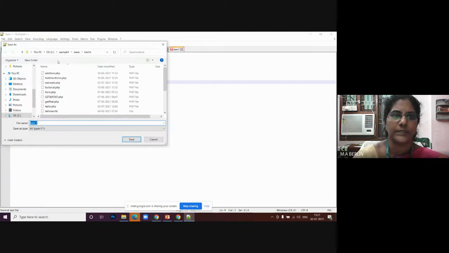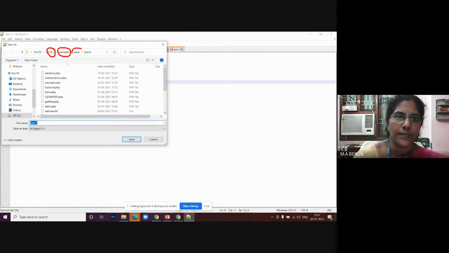Where to save this file? It will automatically bring you to this page where in C drive, the WAMP64 folder is there already, because this WAMP server is installed on a 64-bit processor system.